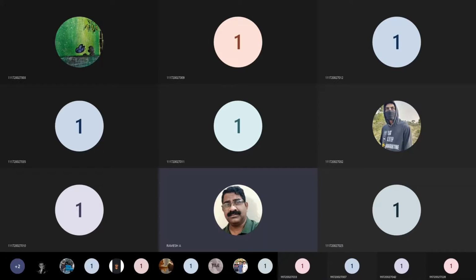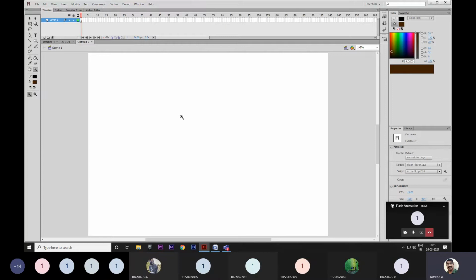One new file. Here I'm going to show the clock. When I'm doing the clock animation, then you will come to know that frame rate, frame, and layers also you can understand easily. First, what shall I draw? Shall I draw the clock in a circle or square? Which one is better?